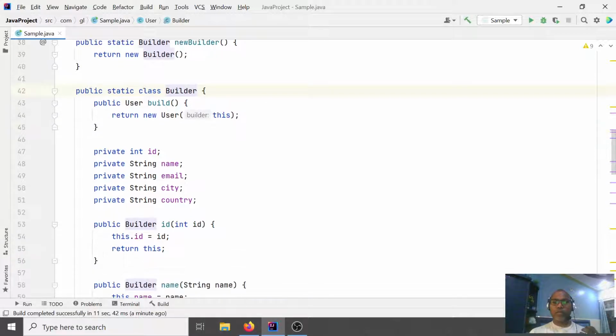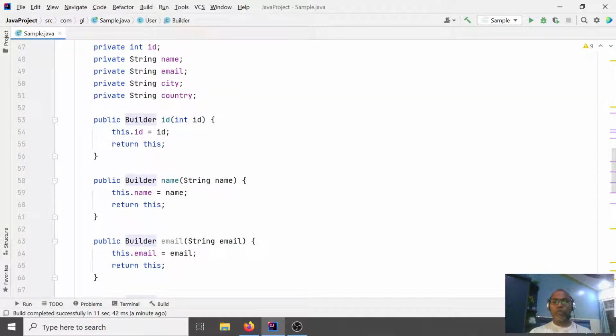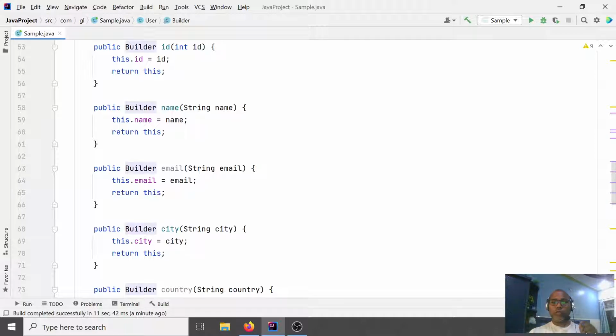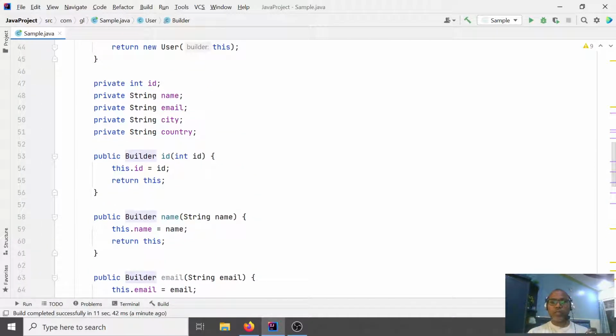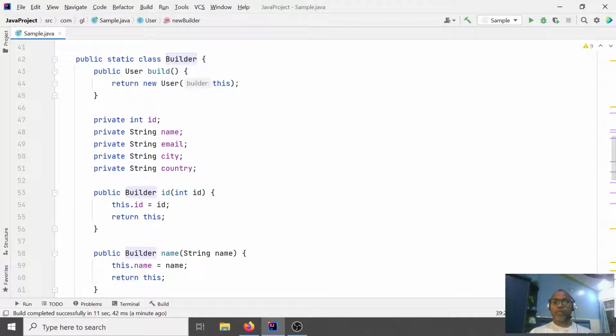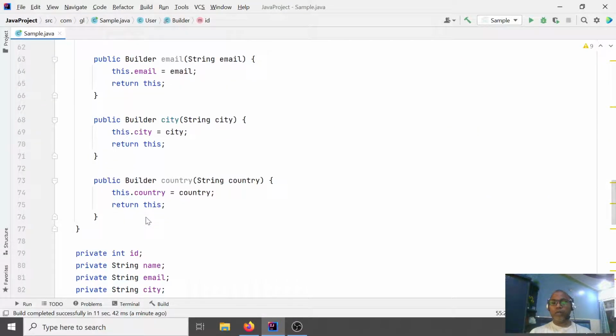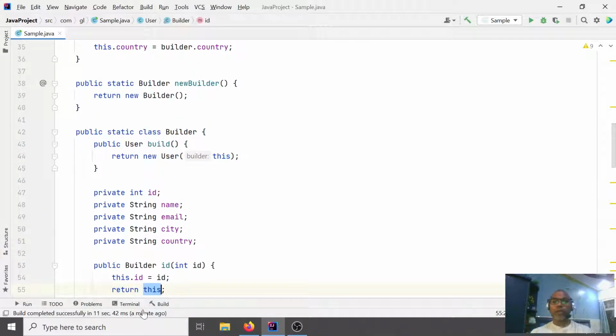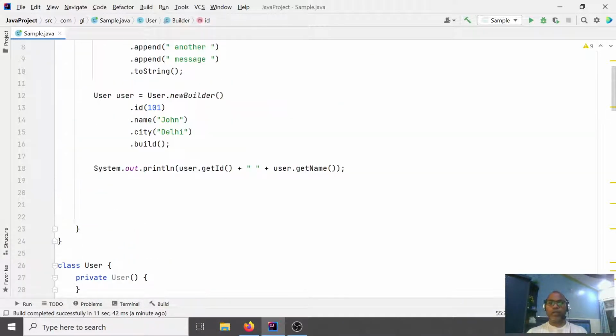Before that, we set whatever values you want, like id, name, attribute. The only difference is that this is not a setter, but returns the complete builder object, and the return type should be the object created. So while creating a new builder, this refers to the current object, and you are returning the builder. In this way, you are offering your own builder methods, and the builder pattern says you can create your object in any way.